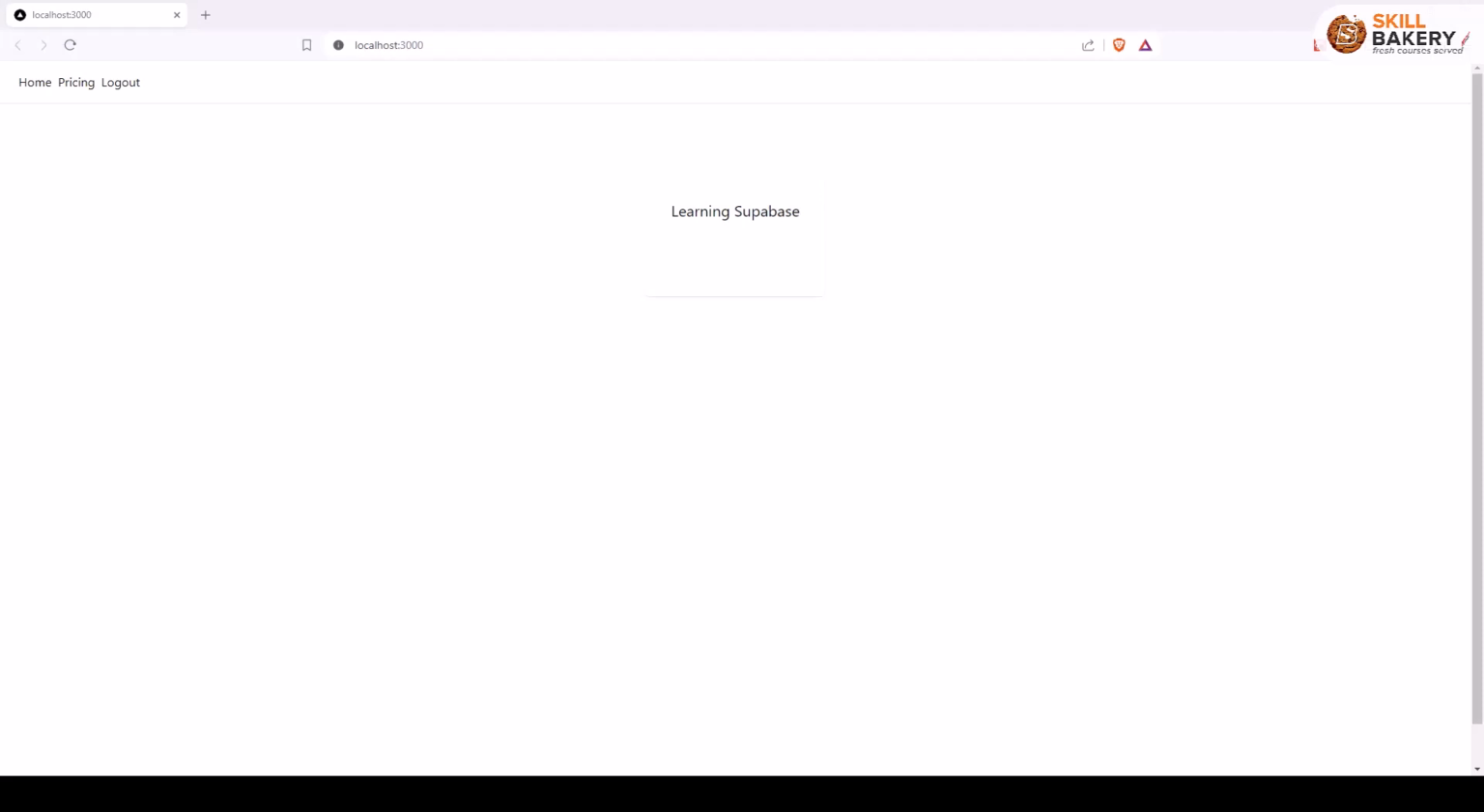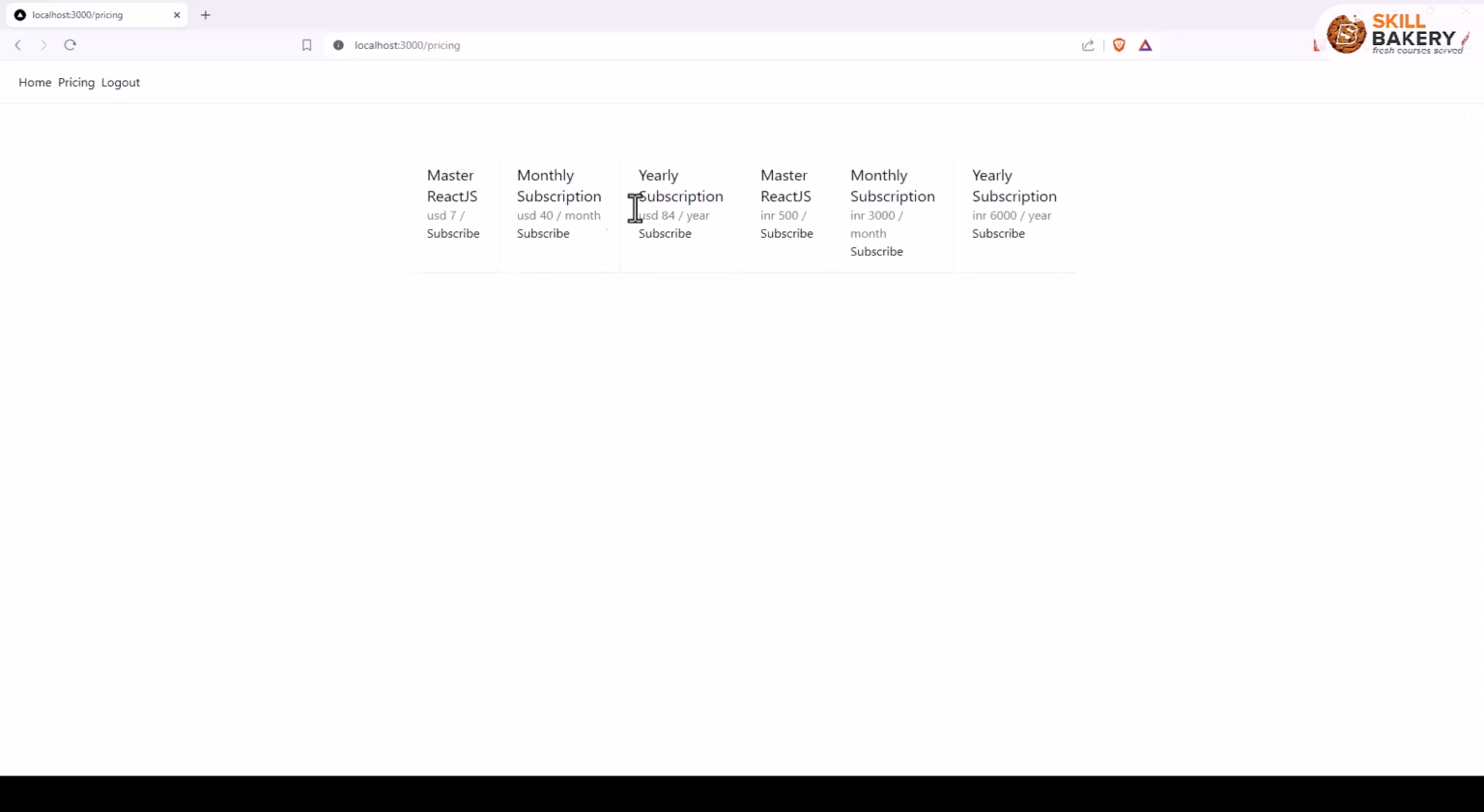Now in this one we'll be charging customers for Stripe subscription. So here you can see we have our home page, and if I click on the pricing page, I'll be taken to the pricing page where I can see all the subscriptions that are available. So if I go and click on this monthly subscription, subscribe, you'll notice that I'm taken to the checkout page